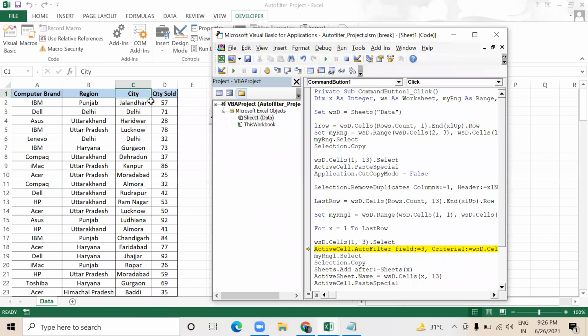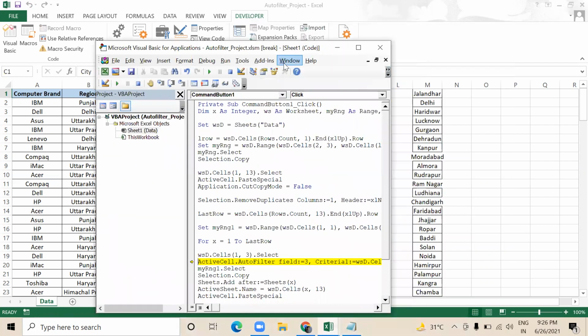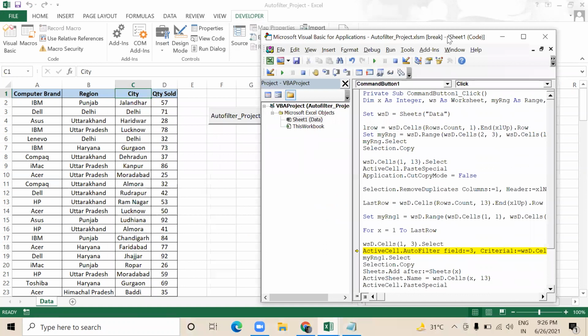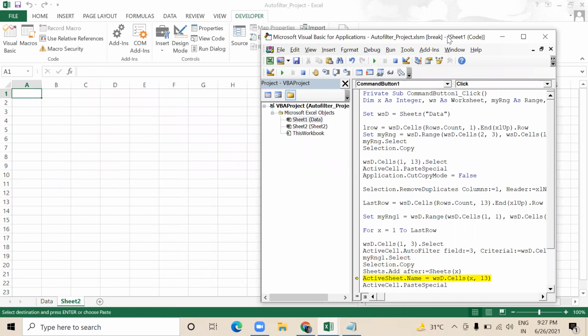So the filter should apply on Jalandhar, because my first value is Jalandhar here on column M1. Let me check if it has applied the filter on Jalandhar. Yeah, there is only one entry for Jalandhar. Now it will select the entire range, copy it, add one more sheet, change the name to Jalandhar, and paste